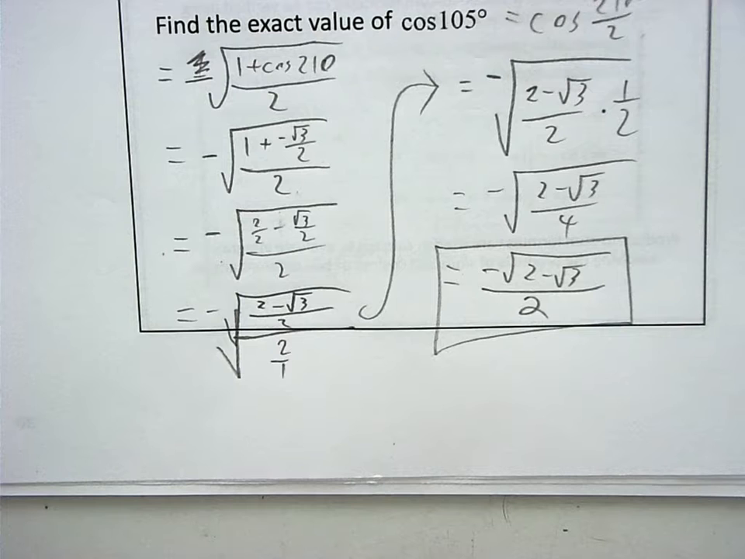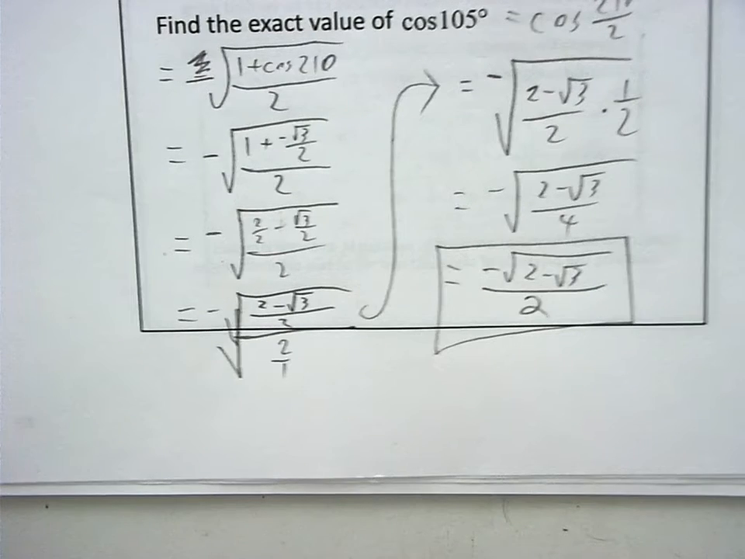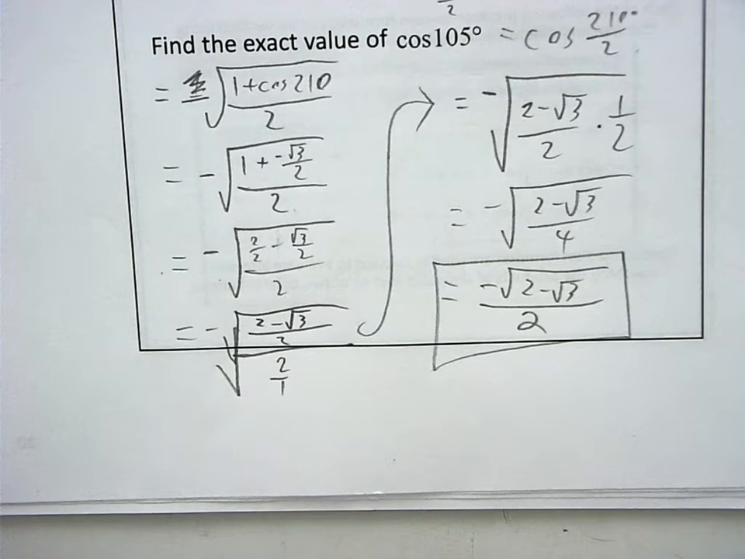Cool. That's an exact answer for cosine of 105. So people like the cosine of 60 and cosine of 30 a lot better. I don't know why I don't make theorems about the cosine of